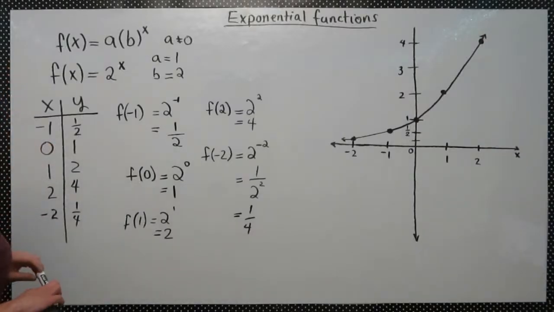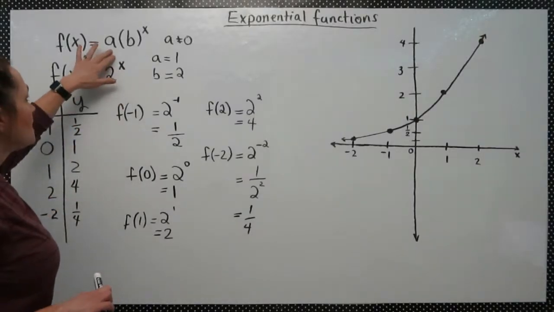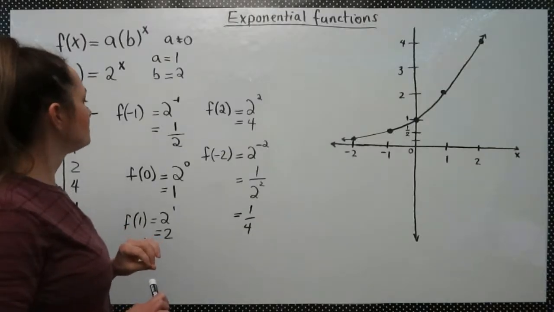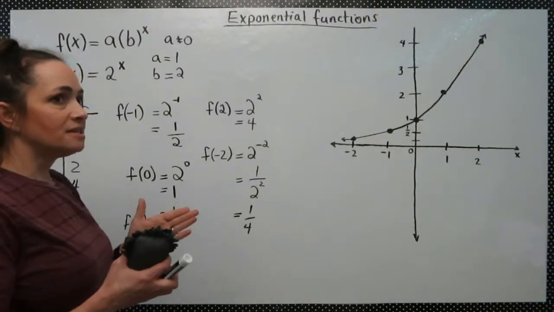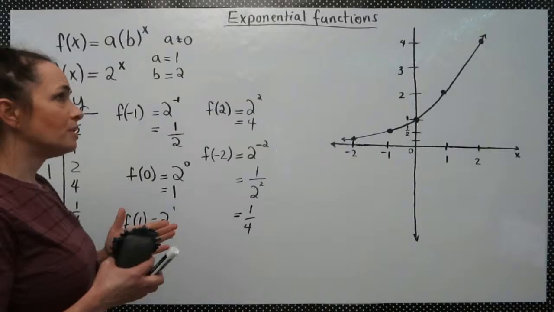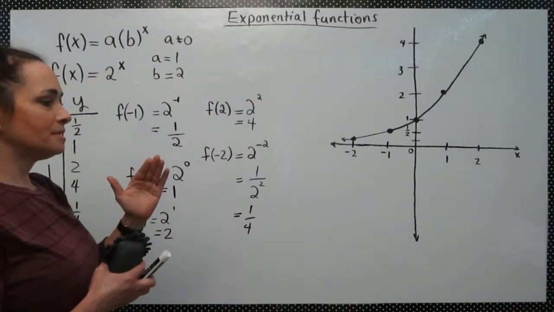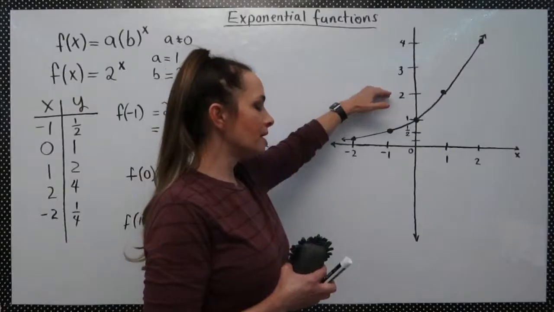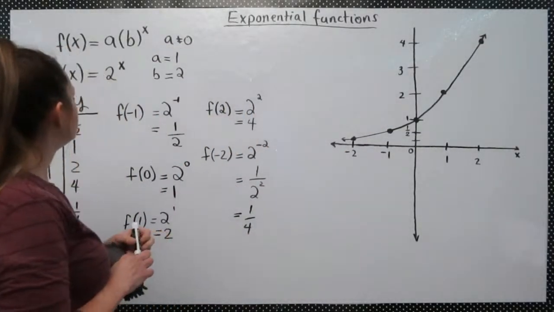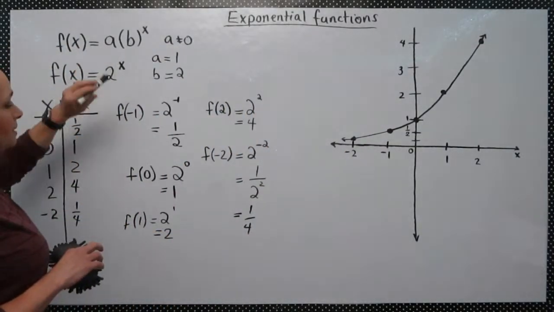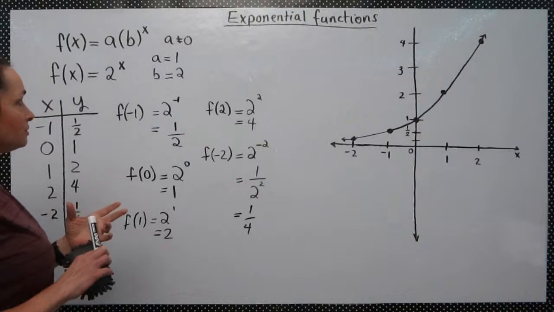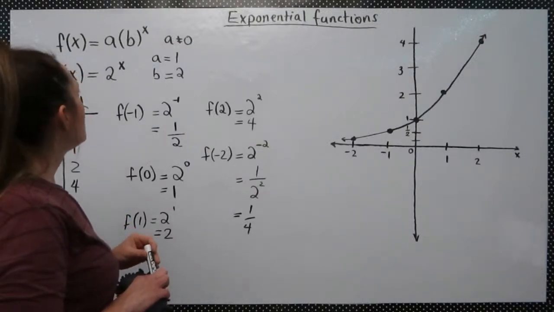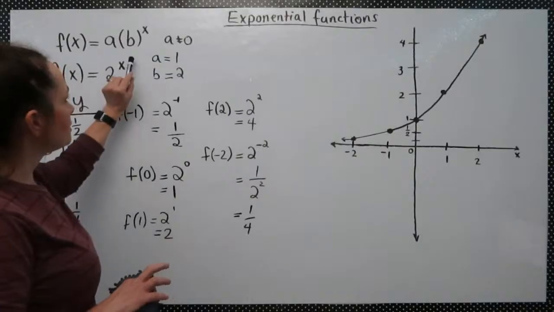And the a in this case is the vertical stretch, but in an exponential function, when you stretch it, it affects the y-intercept. So in the transformation of the graph, the a ends up being the y-intercept, and the b value here,